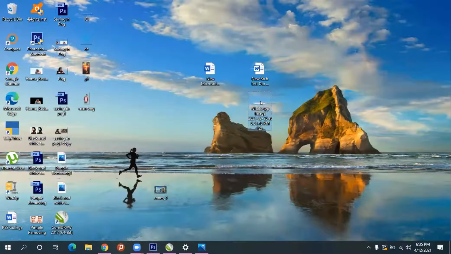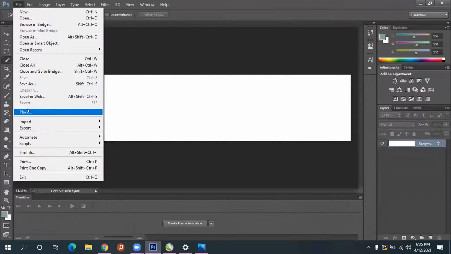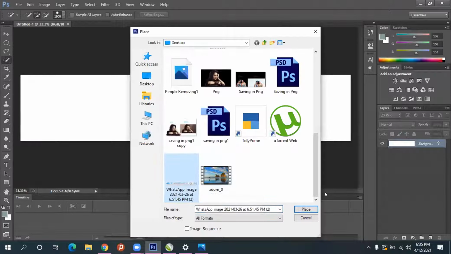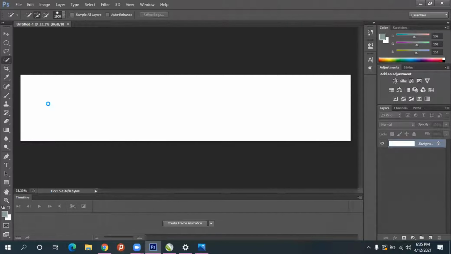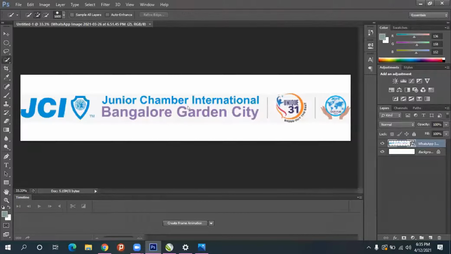And go to that image, file, place, and where that WhatsApp image is downloaded, and it will automatically place, give enter.